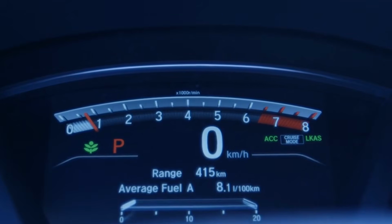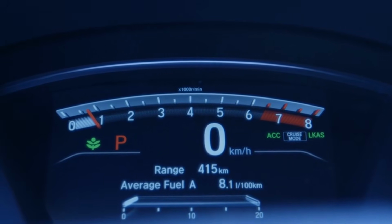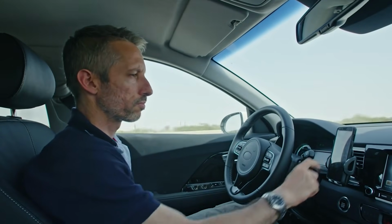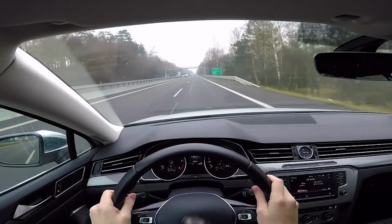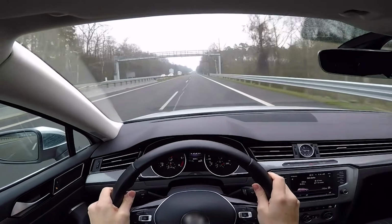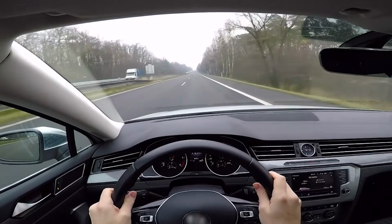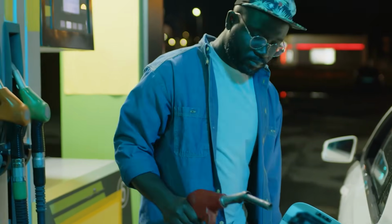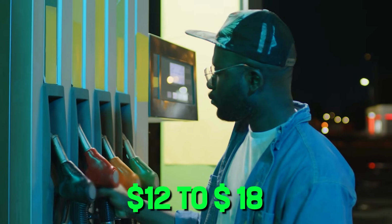This is also worth framing for long-distance driving, which older drivers tend to do more of. Road trips, driving to see family, putting serious miles on the highway over a weekend. On a 500-mile road trip, the difference between averaging 65 miles per hour and averaging 75 is about 45 minutes of travel time. The fuel cost difference on that same trip at current prices is typically $12 to $18, depending